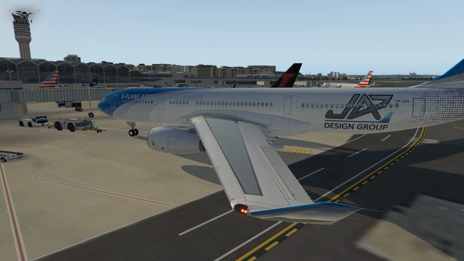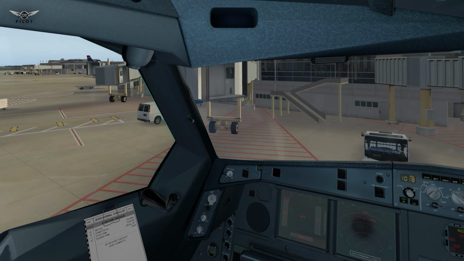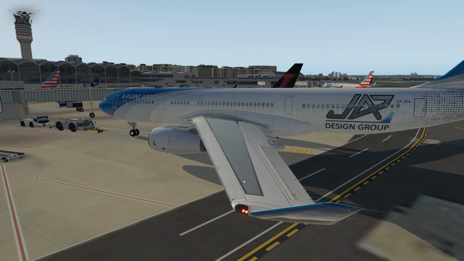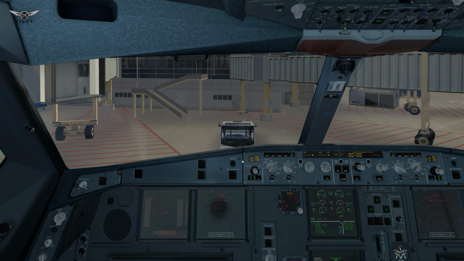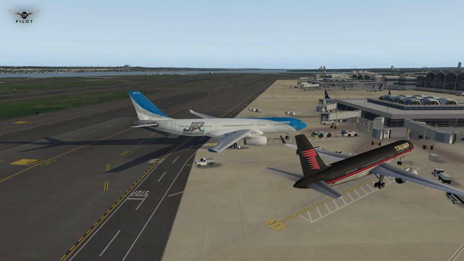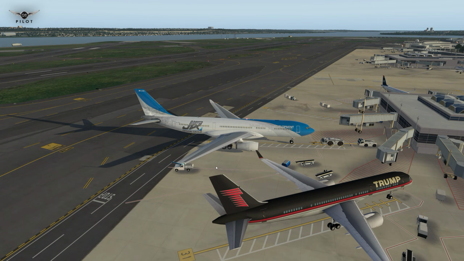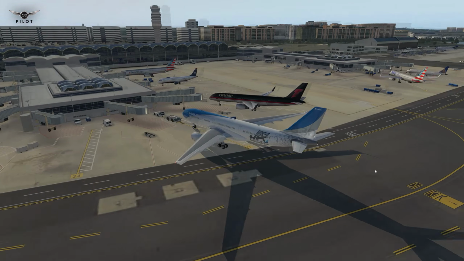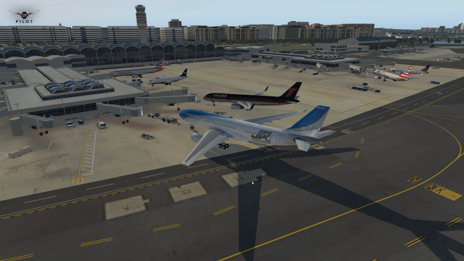I think it deleted some of our, yeah, that's fine. Okay, well, I'm going to disable X camera now. All right, and what we're going to do is get the aircraft up in the air. Actually, before we do that,